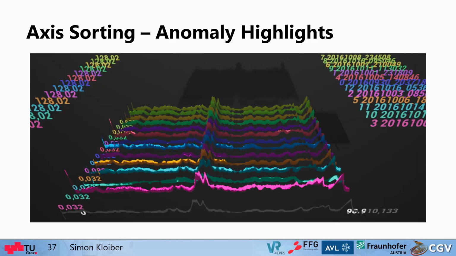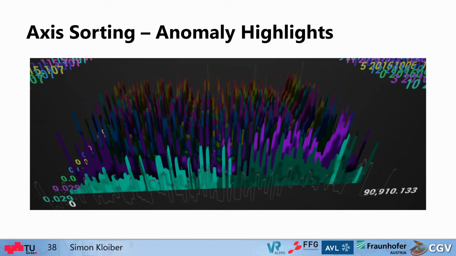I have here two examples that show how the results look like. In front, you can see the computed average in gray and all found anomalous parts are highlighted. In this case, we are seeing a rolling average view, but users are also able to look at the normal view. Here, we can see that mostly only 2 cycles have anomalous values for this particular sensor.